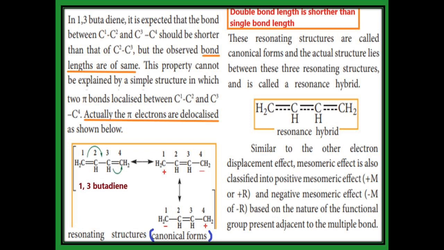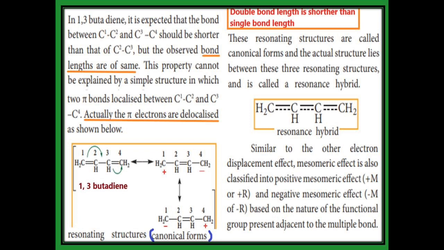Delocalized means the first and second carbon containing the double bond, that goes to the second and third carbon, so that we get CH double bond CH. But the first carbon loses an electron, so it becomes positive. The same way, the fourth carbon gained the electron from the double bond between the third and fourth carbon, so that it gained the negative character.